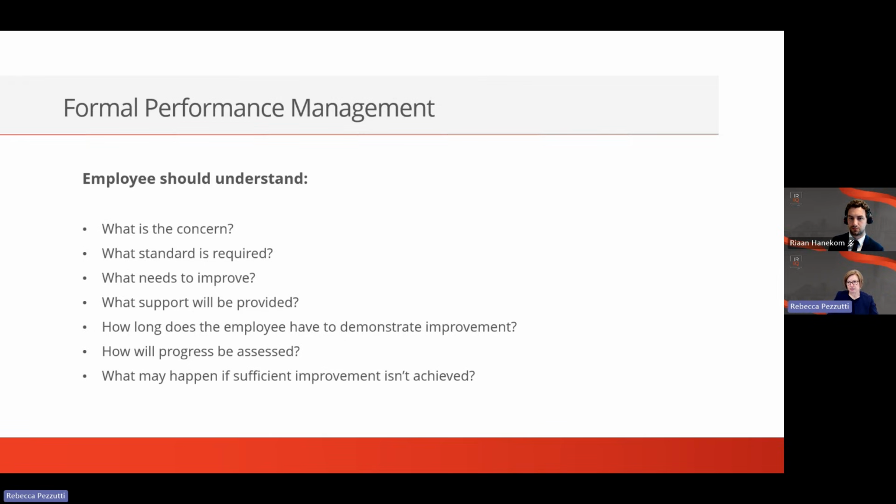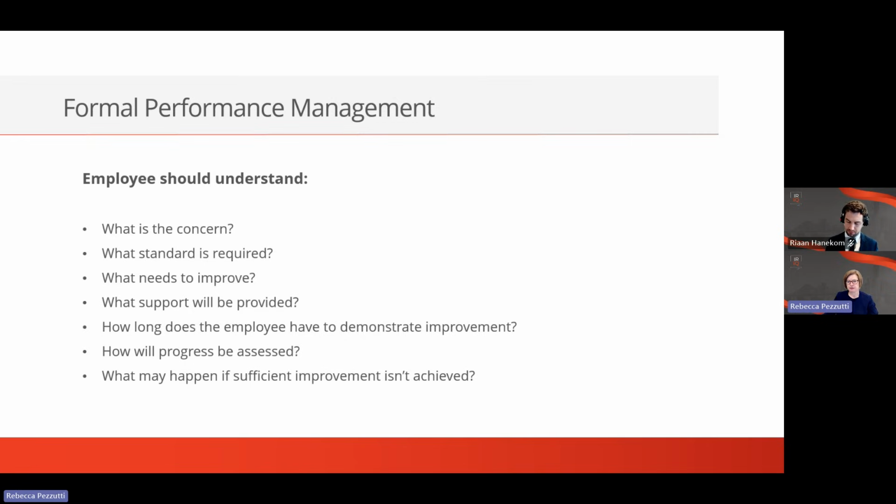And just a note on performance improvement plans. A performance improvement plan is a formal structured plan that's documented around what needs to improve, how that's going to be supported, how it's going to be assessed, etc. So it's documentation around this. Well, it's worthwhile to think of it in this way, that a performance improvement plan is the tool, not the objective. And this is where those initial conversations and regular follow-up are good best practice first steps before you get to a PIP. Once you are there, though, a PIP is an extremely useful tool because it creates clarity for everyone involved.